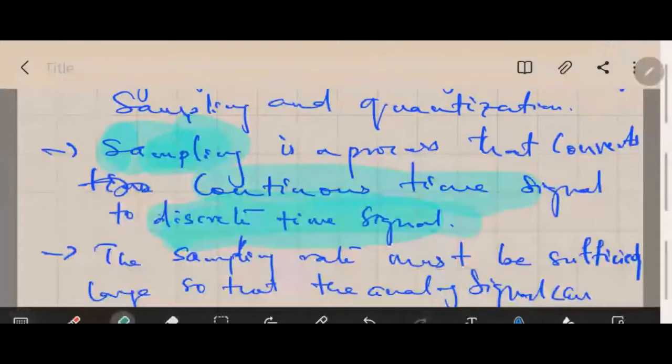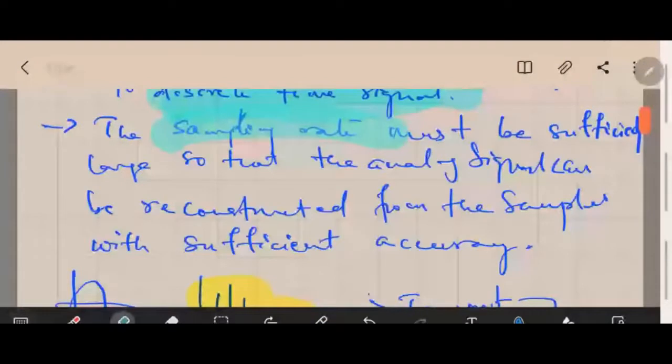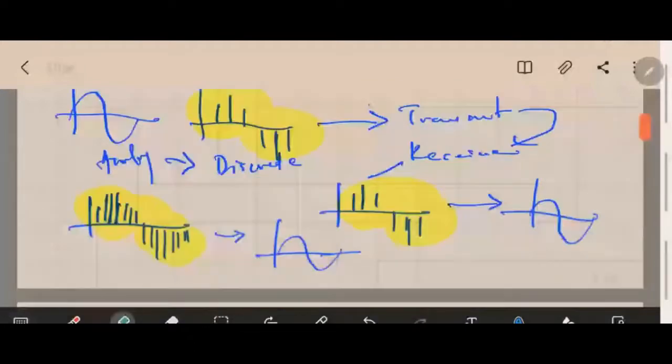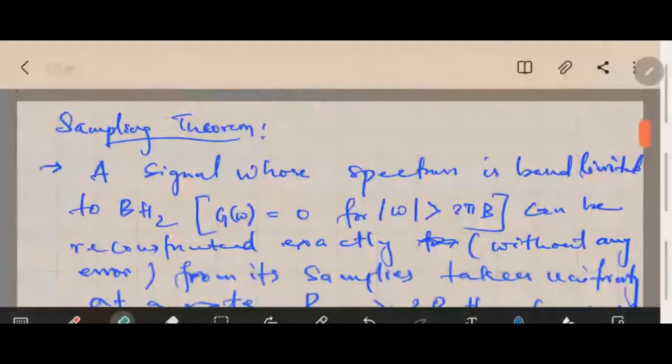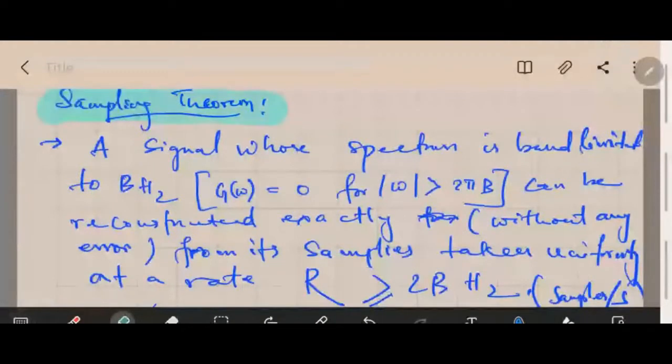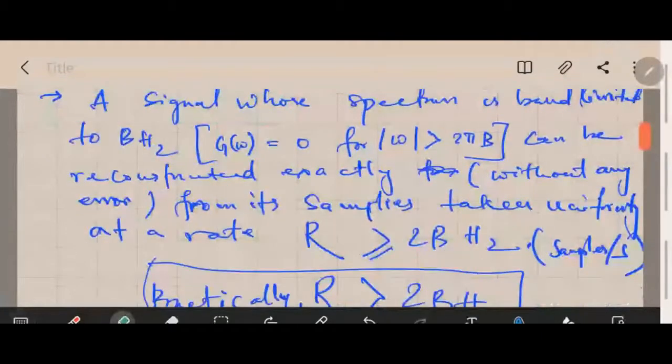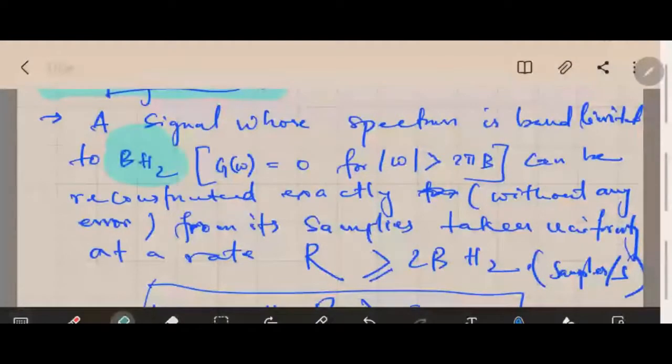That's all, nothing else. However, we should sample the signal at a sufficient rate. If you do not sample the signal at a sufficient rate, you cannot reconstruct it when you are converting that digital signal to analog. So there is a rule that we follow to sample a signal. That rule is the sampling theorem. And what does this sampling theorem say? The sampling theorem says that a signal whose spectrum is band limited to B Hertz can be reconstructed